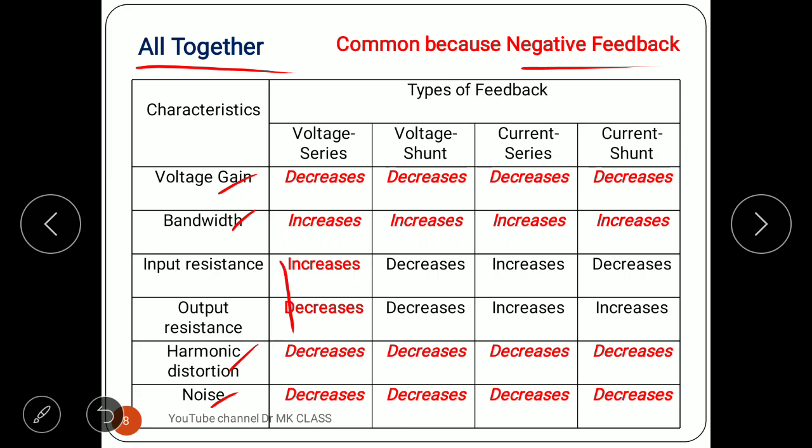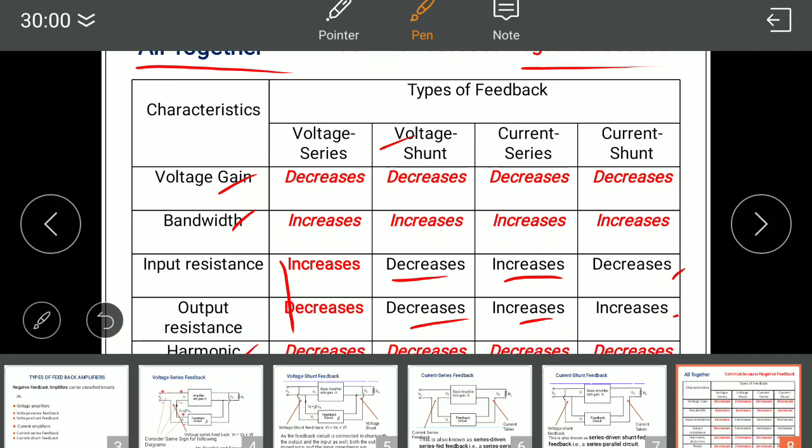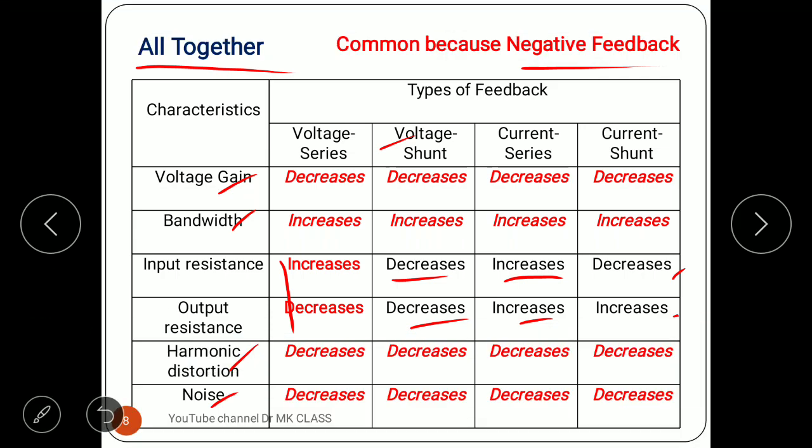Only the problem is here, these two you can note down and practice. You can make it either voltage shunt, these two are common. Okay, so only these two are common, and current series, again these two are common. Now only this current shunt, these are different, decreases and increases, these two only change, so you can remember however you want. So please make a table and keep it for remembrance. So these two are common, these two are not common, like that you can make a note of it easily.